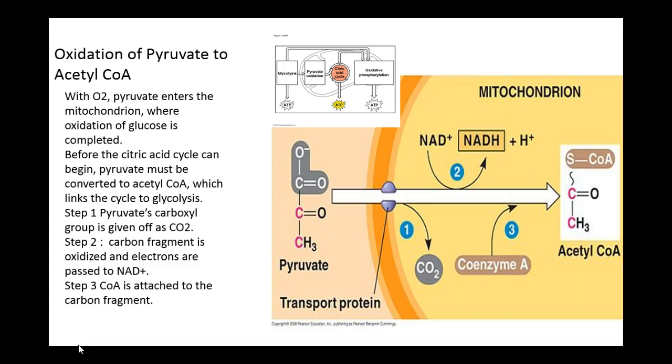given off, and then the electrons, because pyruvate has had electrons taken off, are passed on to the NAD. So then NAD becomes NADH. Because that is a covalent bond, we're actually talking about that whole hydrogen ion. And then in step 3 of the oxidation of pyruvate, it's then attached. So you actually have taken carbons off. So the fragment is attached to